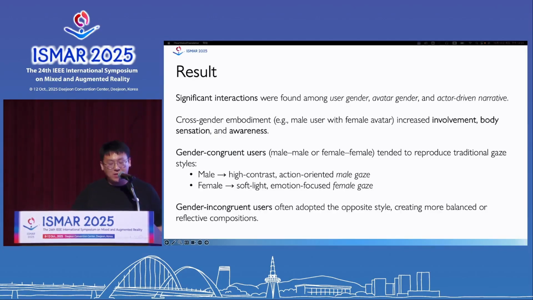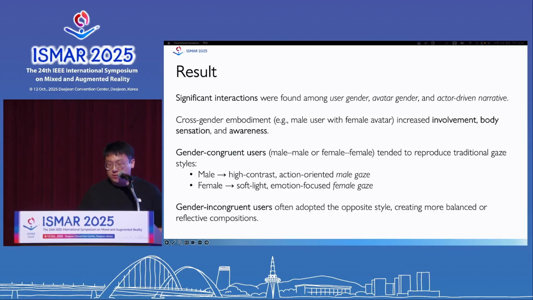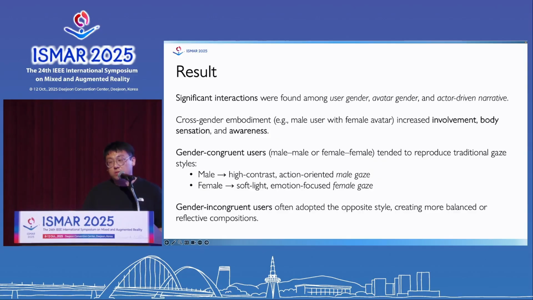Okay, so here are all the results. First, we found a clear interaction effect between the user gender, avatar gender, and narrative. Participants using an opposite-gender avatar reported higher presence and body awareness. They watched their virtual body more carefully and paid closer attention to performing. And gender-matched users often repeated the traditional gaze style. Like the male user with the male avatar, they often chose high-control, action-focused shots,